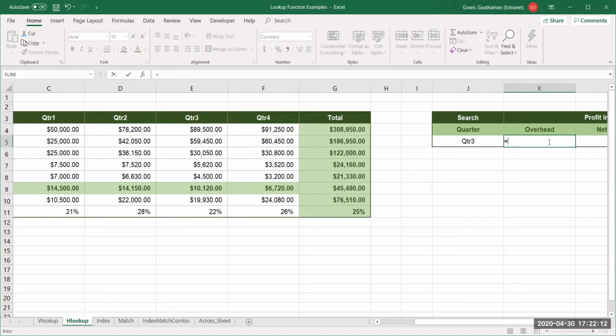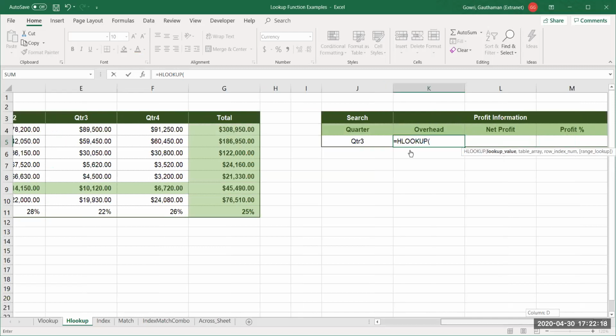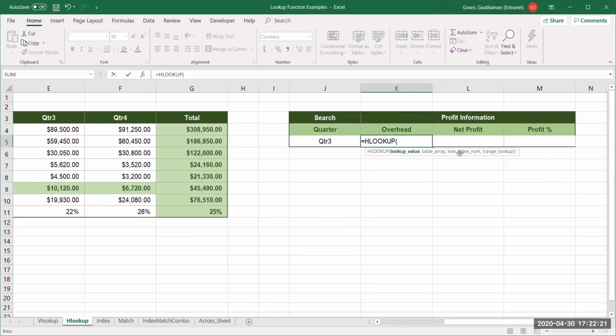Equal to HLOOKUP. See, even in HLOOKUP, you have four parameters given here: lookup value, table array, row index number, and range lookup. See, in VLOOKUP, we saw column index number. In HLOOKUP, you are seeing row index number.